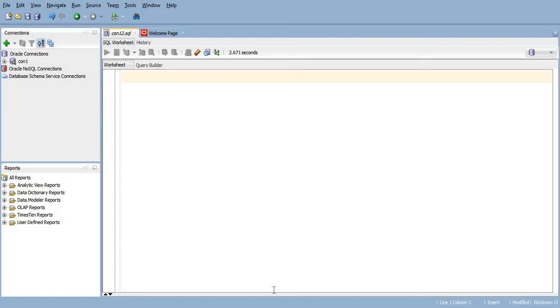Now suppose there is a scenario where we want to capture the information about the employees and the various projects on which the employees are working. And suppose the relationship between employee and the projects is many to many. That is, a single employee may work on multiple projects and a single project may have multiple employees.